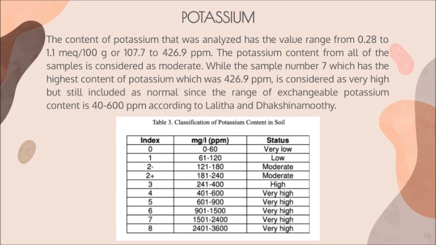From the table in the previous slide, we can see that the content of exchangeable potassium in the soil that was analyzed ranges from 0.28 to 1.1 MEq per 100 grams of soil, or about 107.7 to 426.9 ppm, or parts per million. The potassium content from all of the samples was considered moderate,